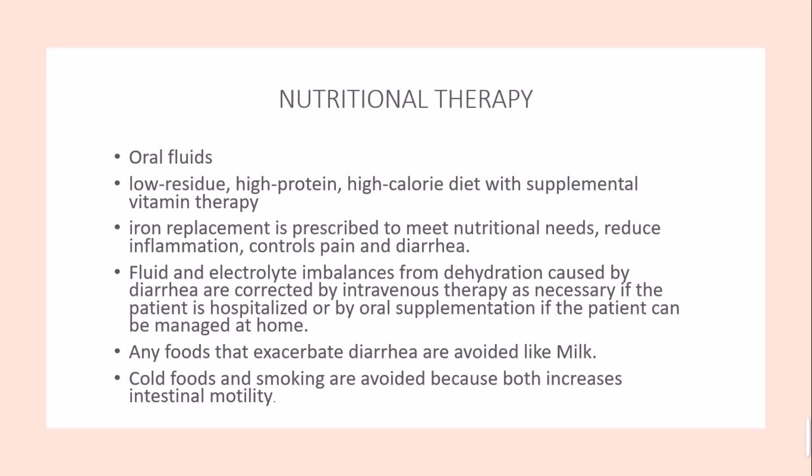Reducing inflammation also controls pain, and since there is less hemoglobin because of anemia, we have to recover that by giving an iron supplement, maybe as oral therapy like tablets, or a syrup to drink. Now, the fluid and electrolyte imbalance happening due to the diarrhea, we have to correct that problem. If the person is admitted to the hospital, we can start IV therapy. If not admitted, we can give some supplementation and ask the patient to drink ORS solution in their home setup, so it will be treated there.